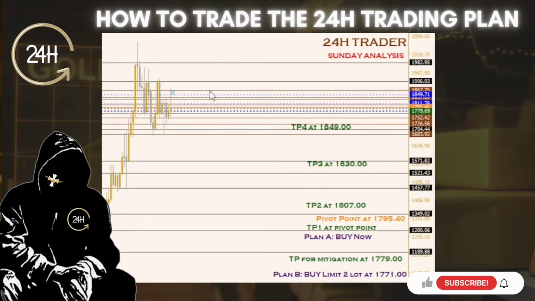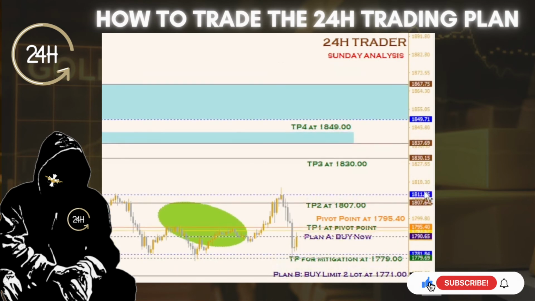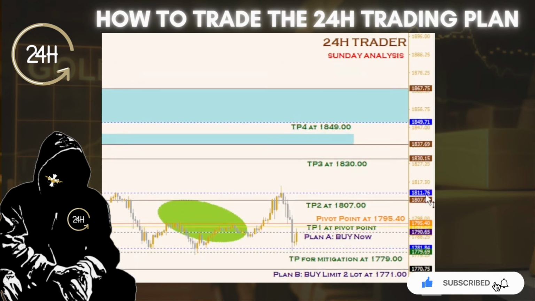With double lot, it will already make more profits. So if it hits plan B and triggers the buy limit at 1771 with two lots, and take profit at 1779, the position for the take profit for mitigation or for plan B